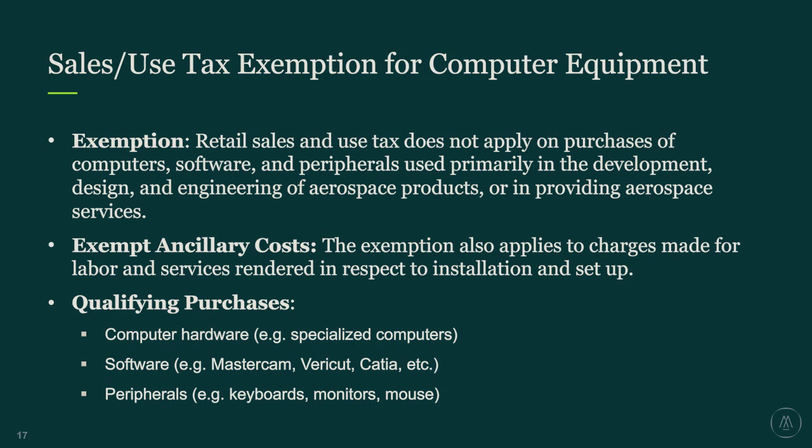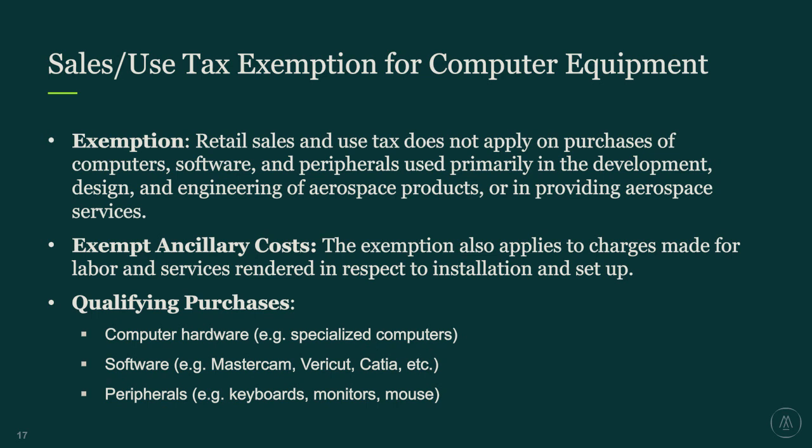You think, oh, I'm buying this computer. This is going to be used by an engineer. This is very clearly exempt, and I would generally agree with you. But this incentive is complex because when you get into an audit or review situation, we will commonly see this issue of the used primarily test. So used primarily in this context is 50% or more used in a qualifying activity.